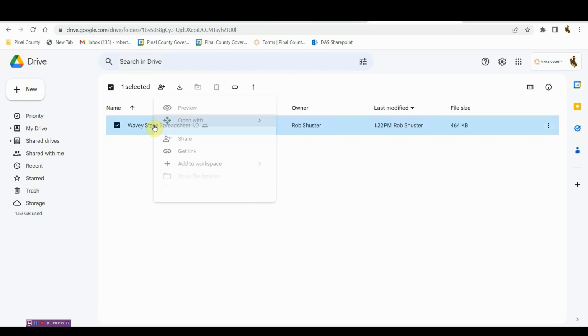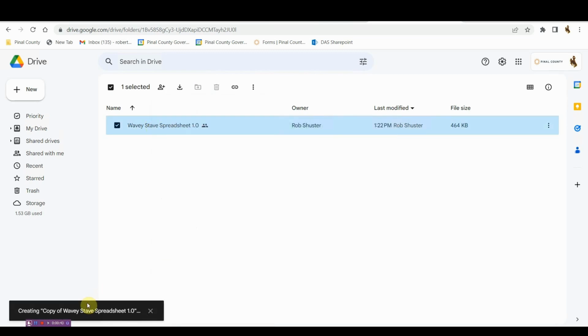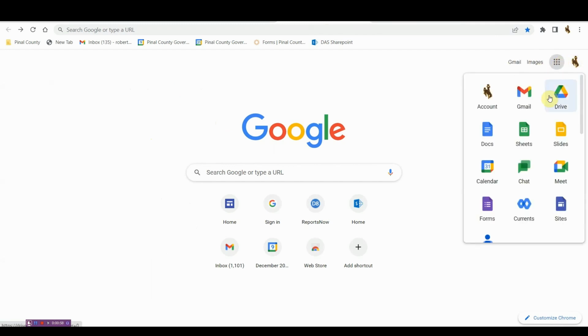What you should do is right-click and make a copy. By doing that, it will take it to your own Google Drive, and you'll be there. It takes a second for it to move. So to get your Google Drive, almost everyone has a Google account already. All you do is go to Google, make sure you're logged in if you're not, click the 9 buttons there that says Drive,